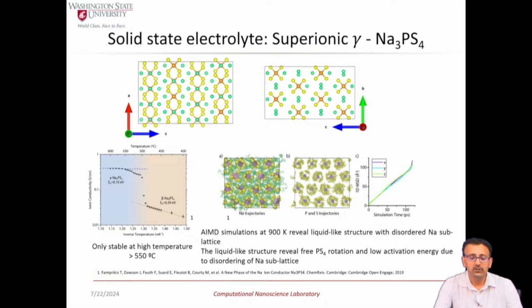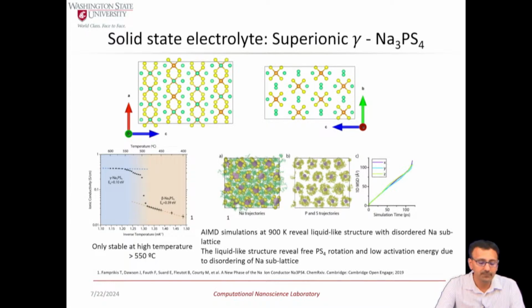We have also looked at a somewhat different class of electrolytes, or the same class of electrolytes, a different chemistry, which is based on sodium thiophosphates. These are very, very interesting systems, both sodium thiophosphate for sodium based batteries and lithium thiophosphate for lithium batteries. Sodium thiophosphate has 3 crystalline phases, a cubic, a tetragonal, and an orthorhombic phase. The cubic and tetragonal alpha and beta phases are stable at low temperatures or room temperatures, but their ionic conductivity